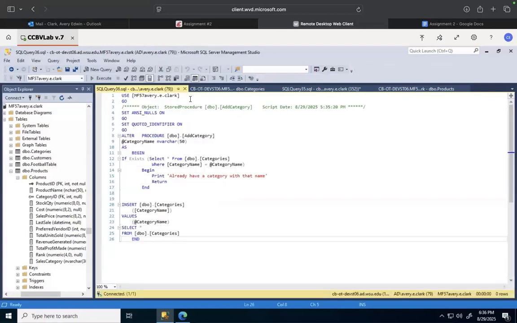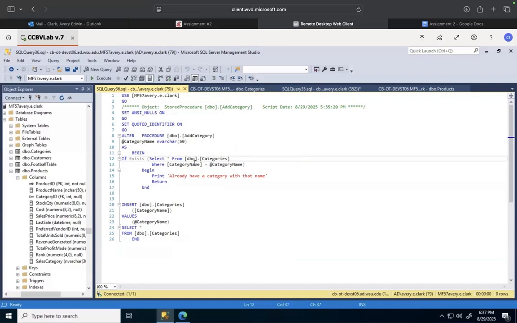So again, using my data set, altering this procedure, which I've called add a category. The category name is the thing that's being added, and that's obviously text, so we made it varchar, so you could also include accent marks, etc. But just like in the stored procedure for the products, we are going to do a little bit of a data constraint beforehand. So once they input the category name, the system is going to check if anywhere in the table categories,